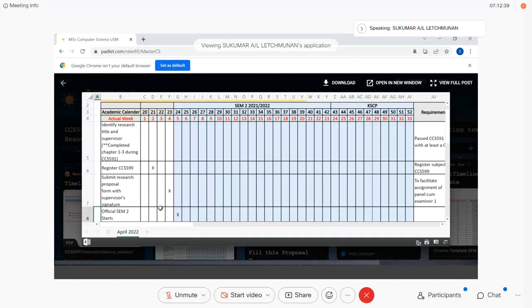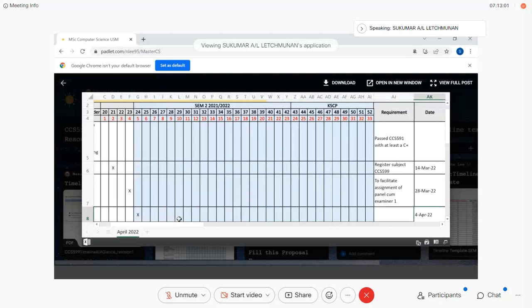As you see here, I mentioned to submit your research proposal form with the supervisor's signature. This is on week 4, 1 week before your official semester 2 start. So you need to comply with the date. The official semester 2 start is, as I mentioned earlier, April. But before